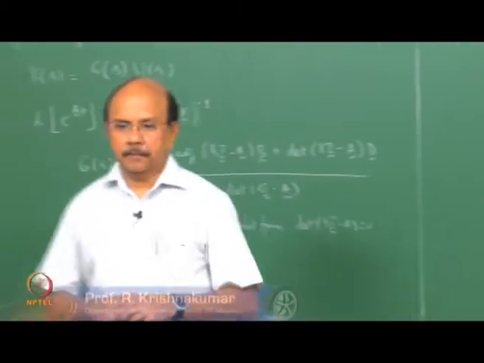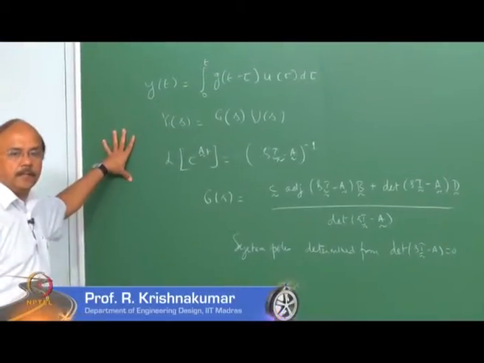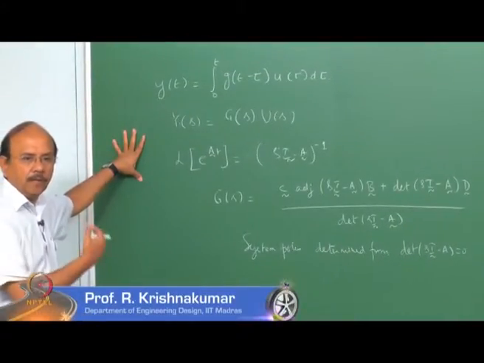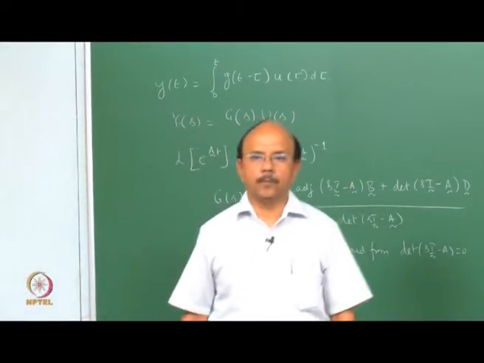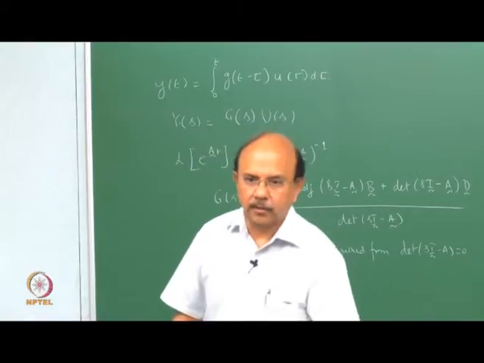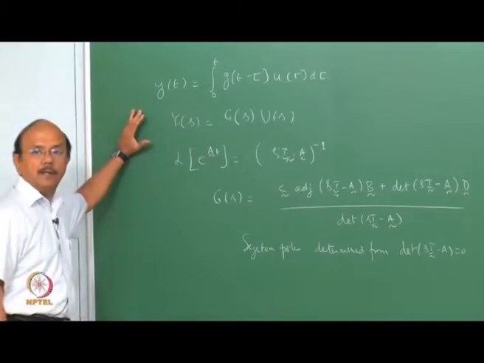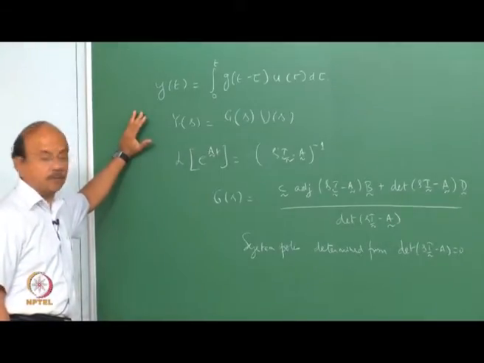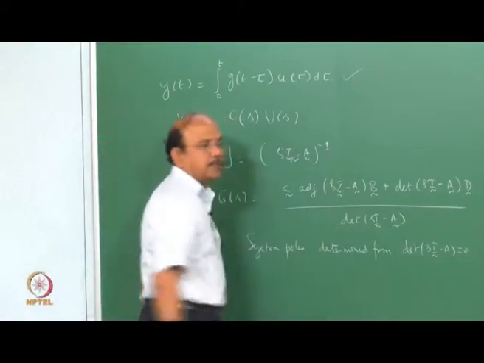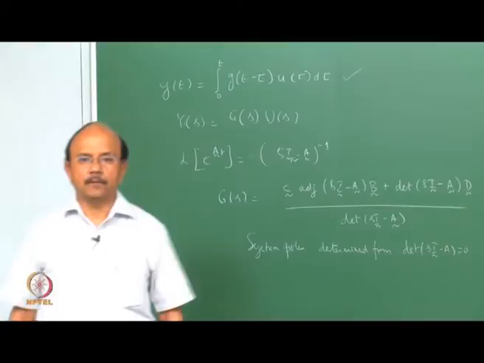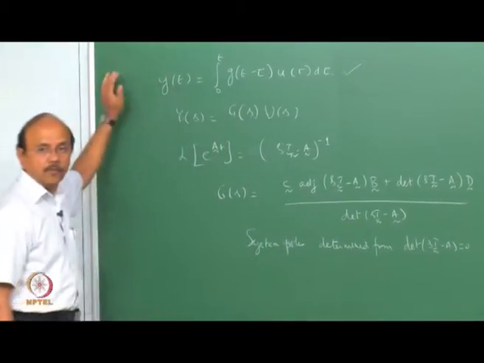Yeah, let us review quickly what you know on the state space technique so that we will go forward applying this. Of course, we had already discussed a few of the points. We will just put down all the equations just to revise what you have done in the previous classes on controls. Okay, so this, all of you know, is the response y of t, and the impulse response function, and this is the convolution term.